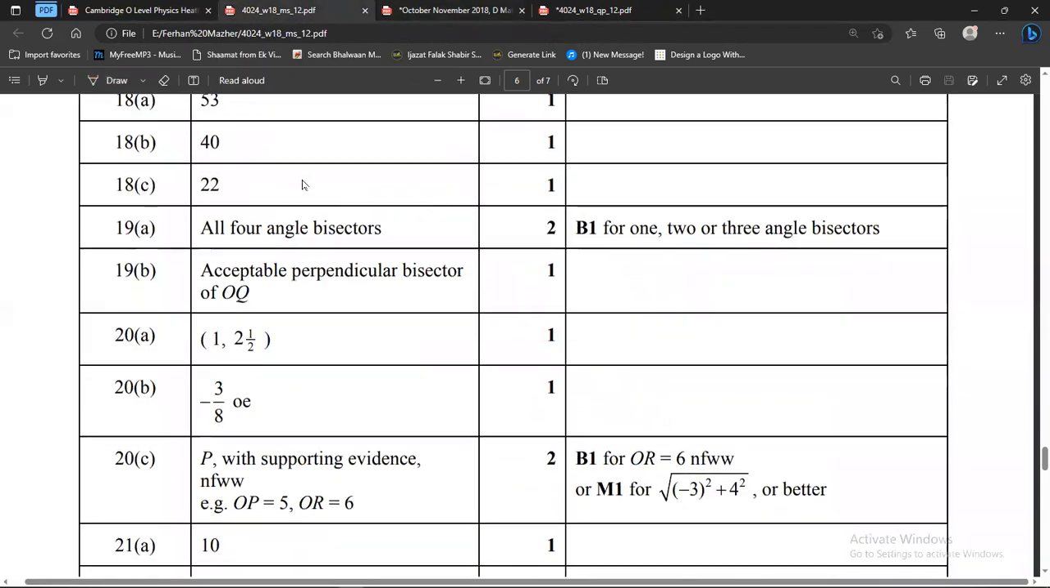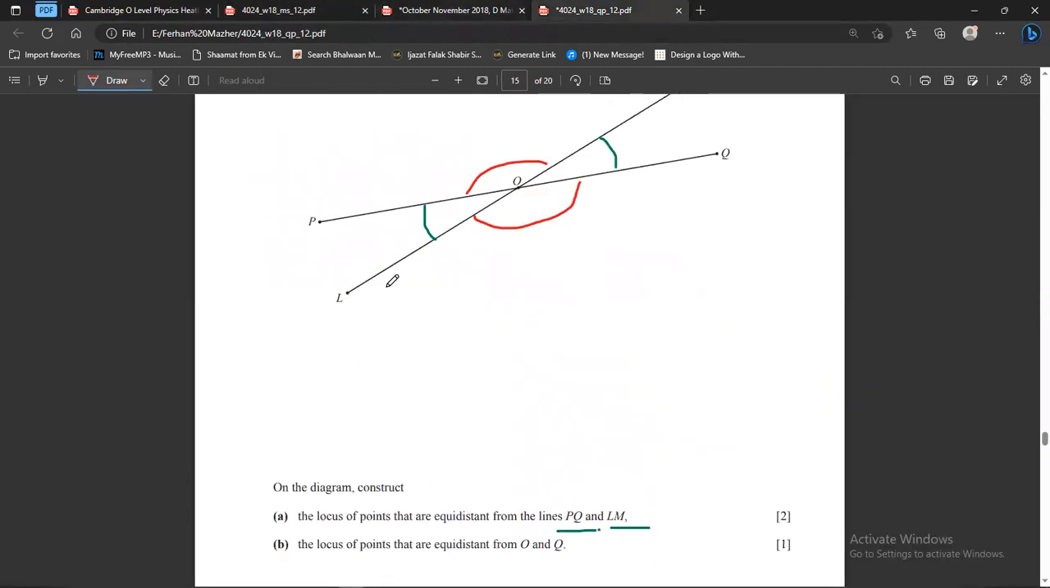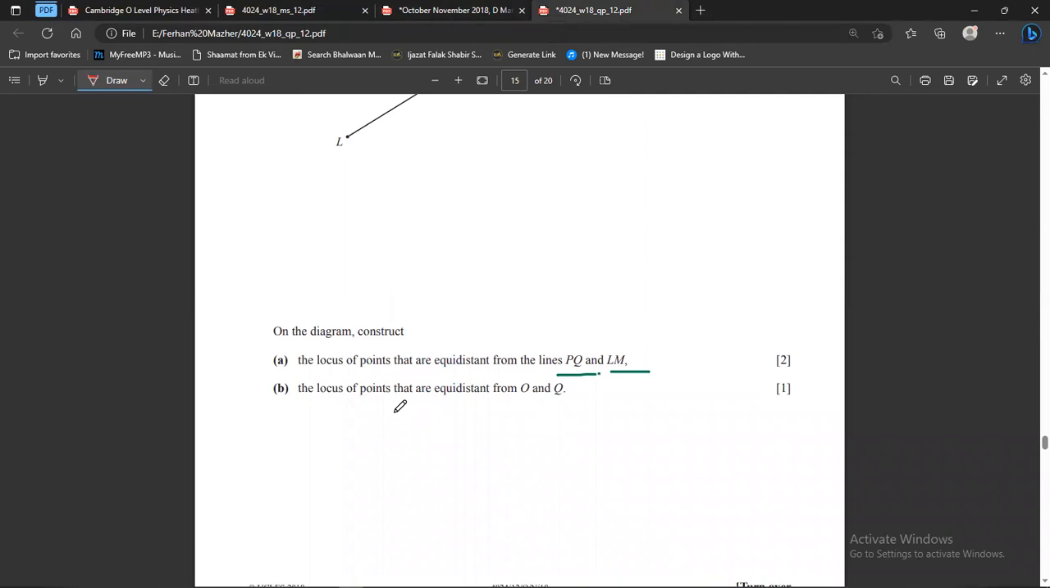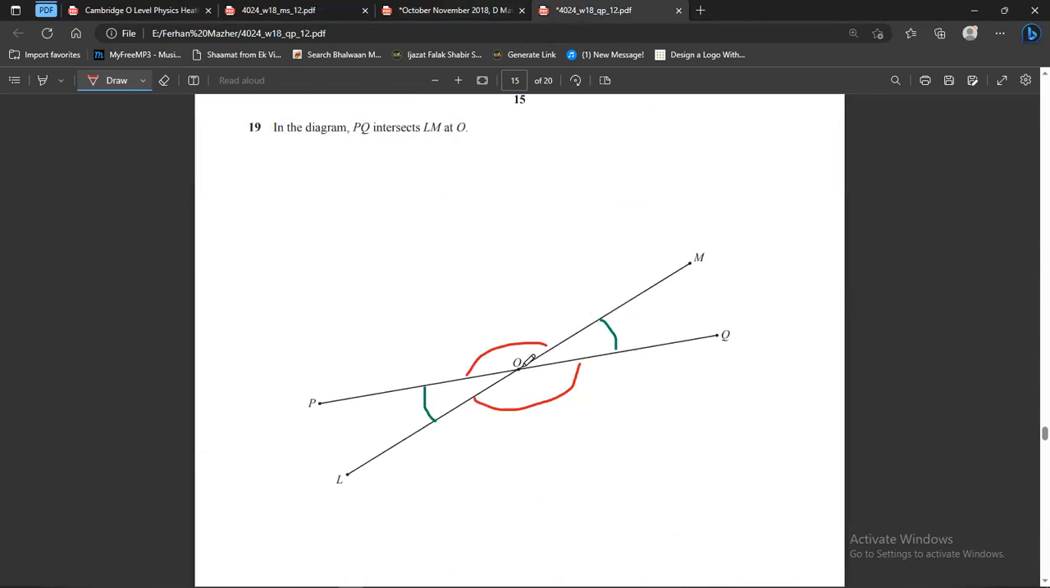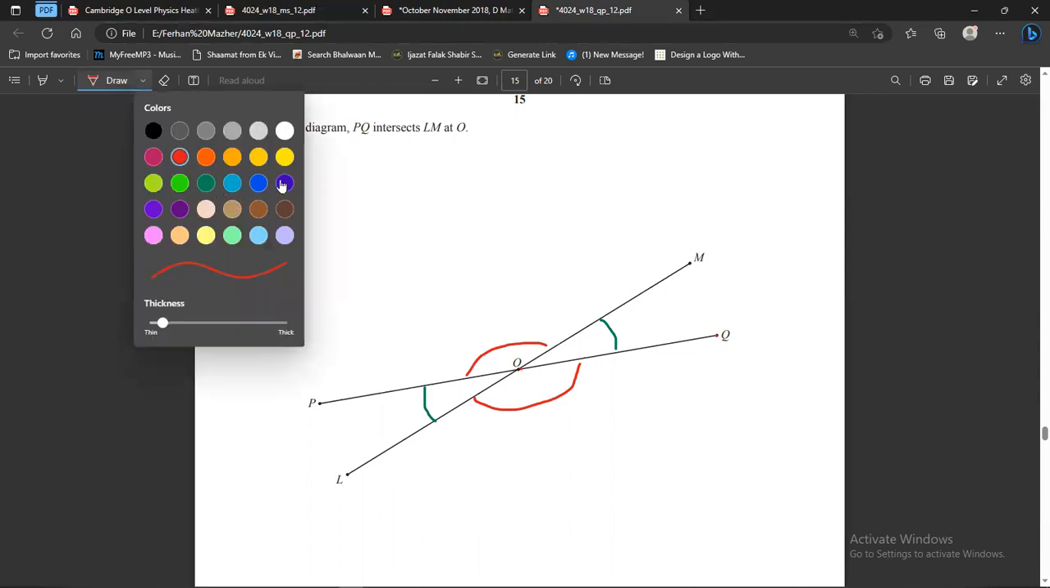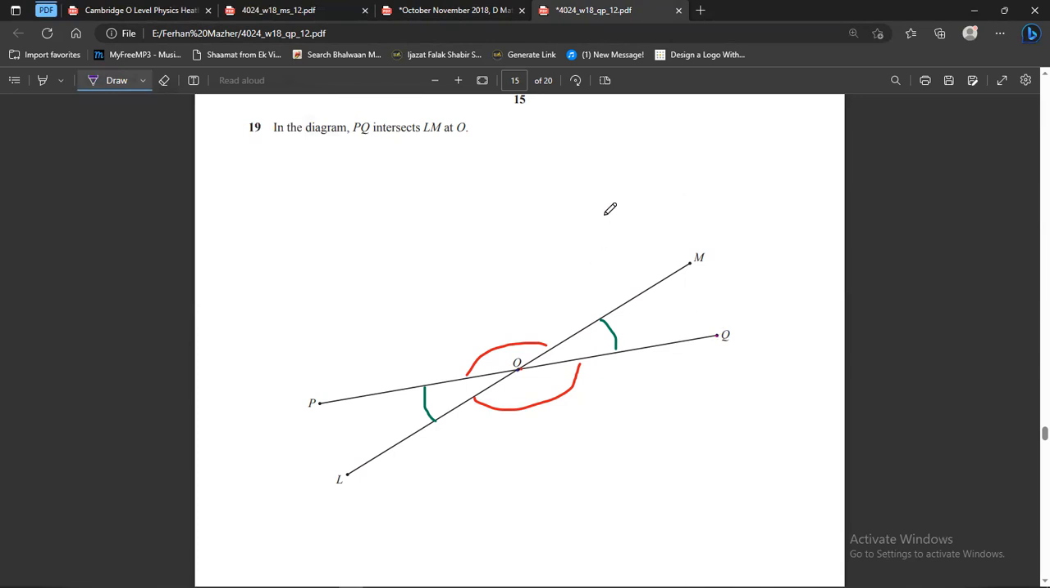Okay, all four angle bisectors, we have done that. Then their question is on the locus of points that are equidistant from O and Q. So here you have to draw the perpendicular bisector of the O and the Q. For that purpose, we are going to take this point and this point, and I will draw the perpendicular bisector